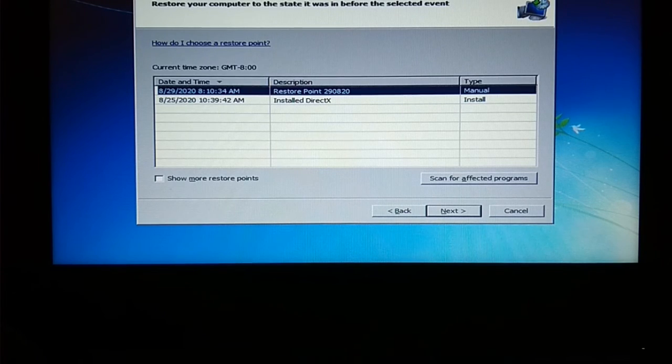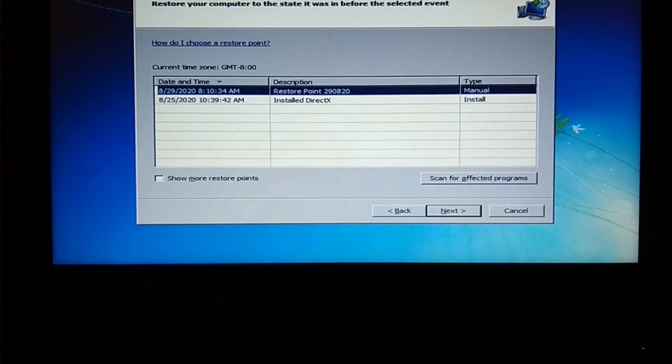So I had created a restore point today, and it is showing the restore point selected for 290820. I had already created this restore point in my system, so that if there is any problem in my system, then I can easily recover it by using the system restore method.